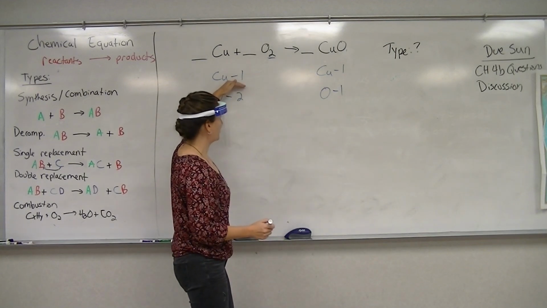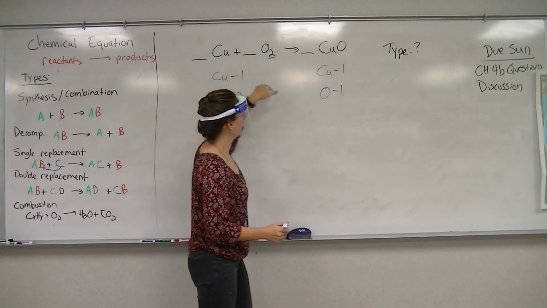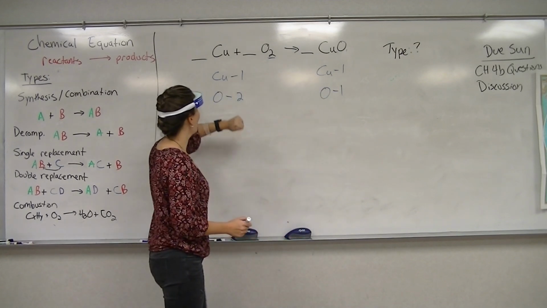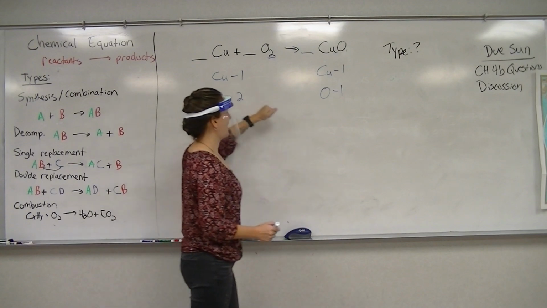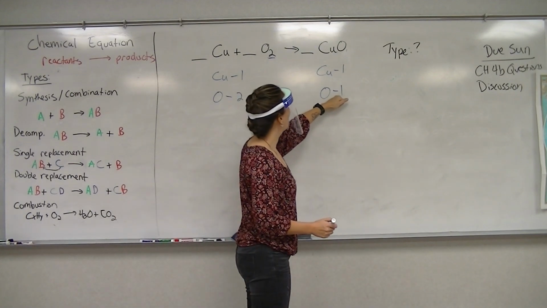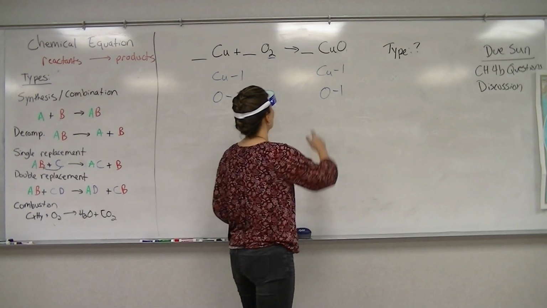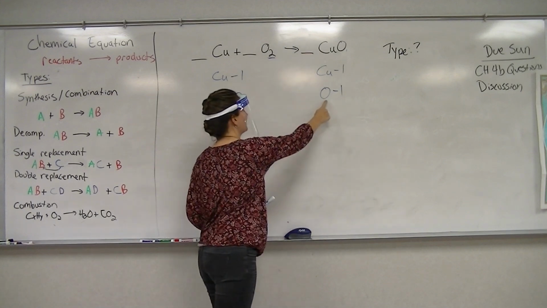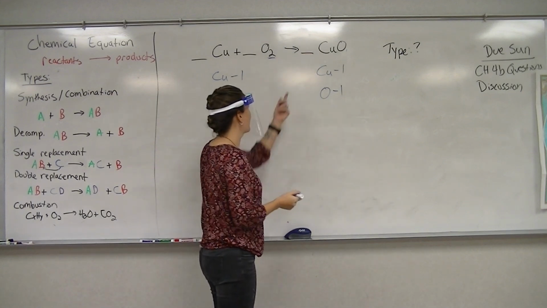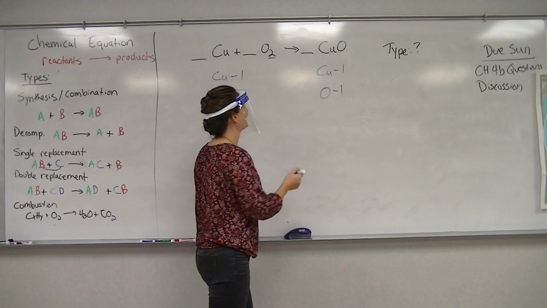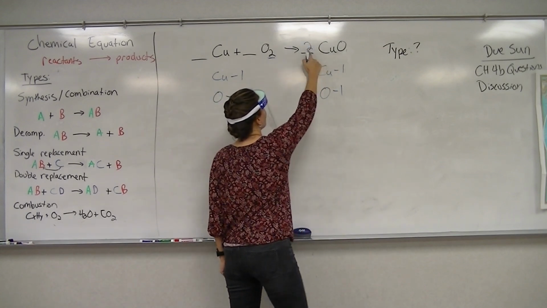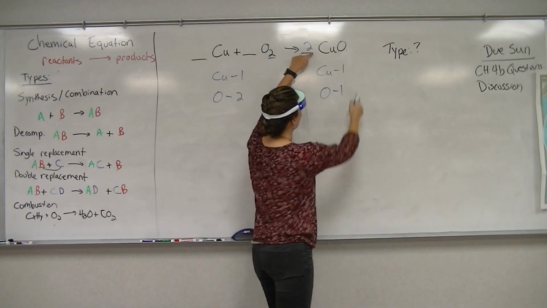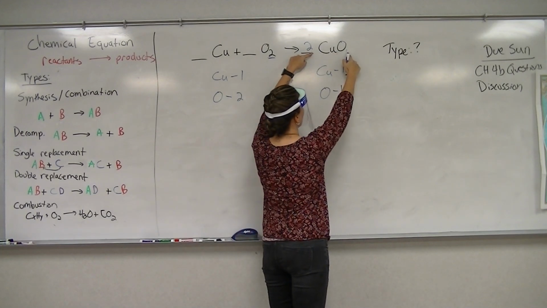Now the coppers are matching up, right? I have 1 copper here on the reactant, 1 on the product. My oxygens are not. So I have 2 oxygens on the reactant side. That means I need 2 on the product side. So I have to put a number here to make this 2. So what number would make it 2 oxygens? 2. A 2, right. So what that does is I do coefficient times subscript, so 2 times 1 gives me